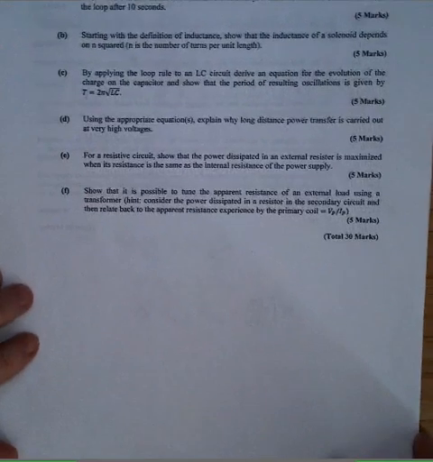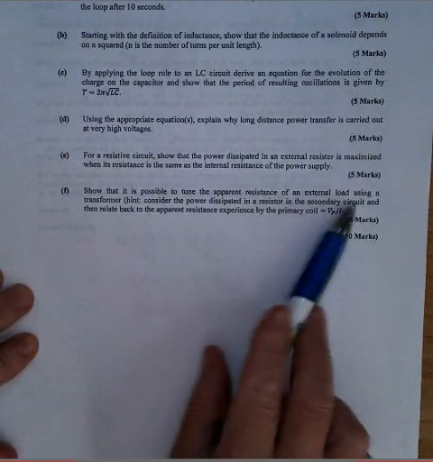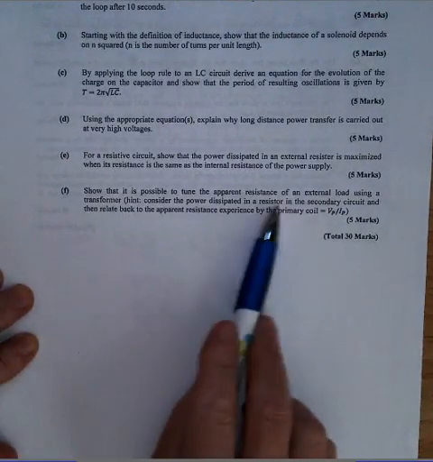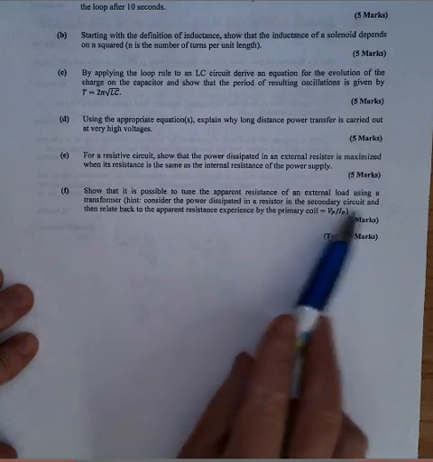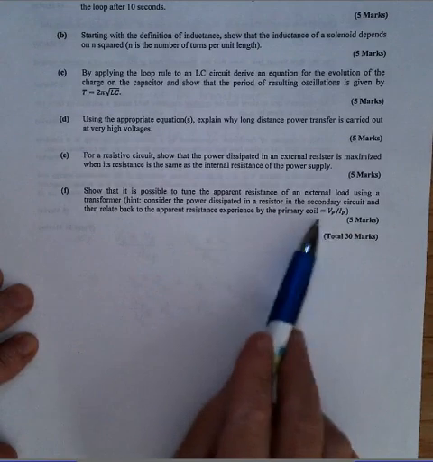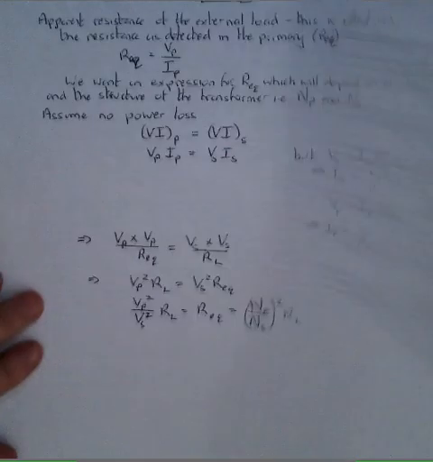Part F. Show that it is possible to tune the apparent resistance of an external load using a transformer. Hint: consider the power dissipated in a resistor in the secondary circuit, and then relate back to the apparent resistance experienced by the primary coil, which is Vp over Ip. Okay, so